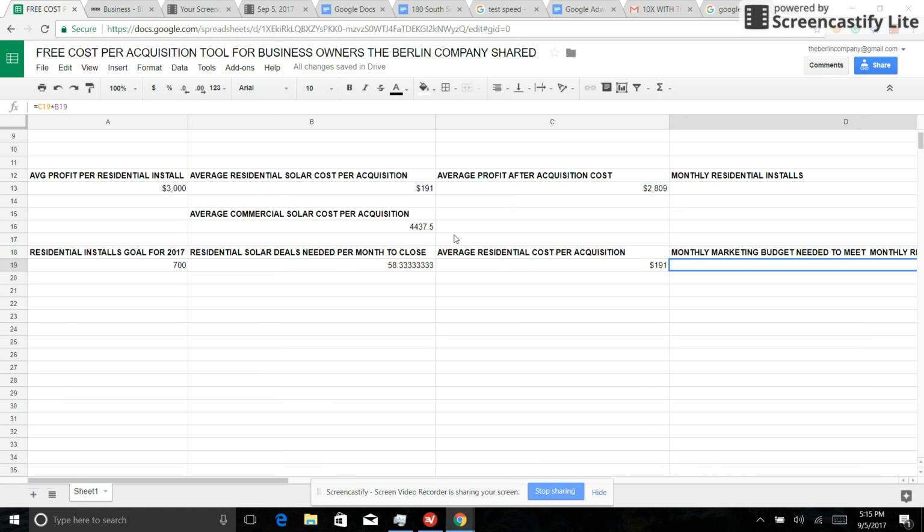in order to reach that goal. Now, I don't have commercial solar profits down here, and the reason for that is that it's a lot easier to estimate what your profit's going to be on residential, because you're talking about a 10 kilowatt system. When you get out towards the west or in these larger houses or areas where it's extremely hot, you might be talking about 20 kilowatt systems. So it's easier to estimate, but with commercial, you could be doing anything from a 40 or 50 kilowatt system, or you could be doing something